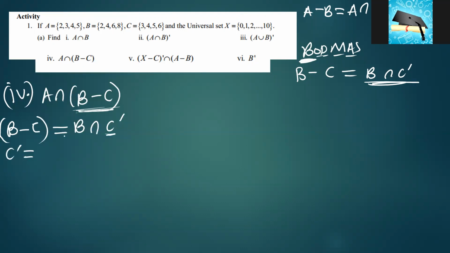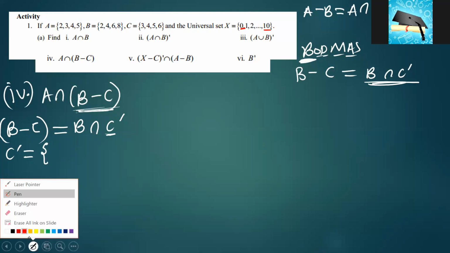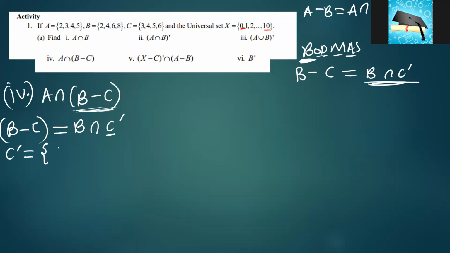So C complement is simply listing the elements that are in the universal set, but they are not in C. Or in other words, we try to list all the elements that are outside C, but they are present in the universal set. So C is 3, 4, 5, 6. If we check the universal set, we have numbers starting from 0 up to 10. And C is simply 3, 4, 5, 6, meaning C complement will be anything that is not in C. So anything that is in the universal set but is not in C is going to be our C